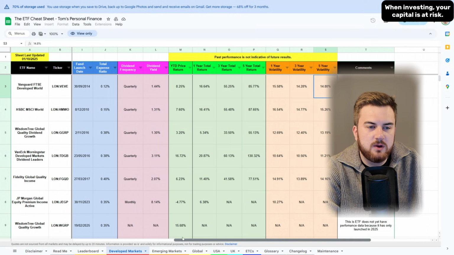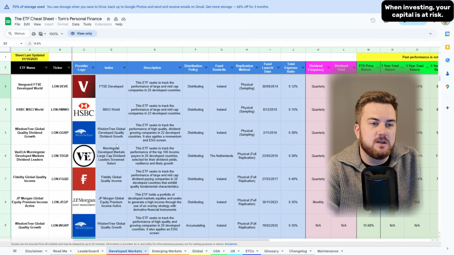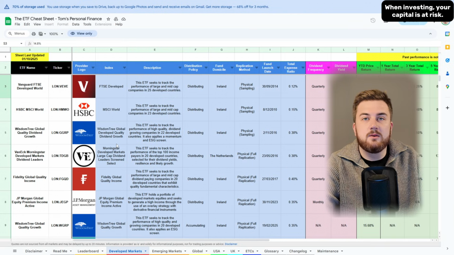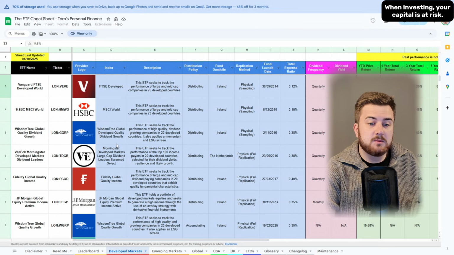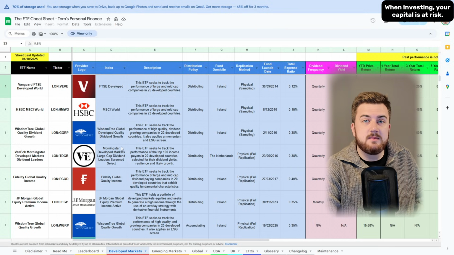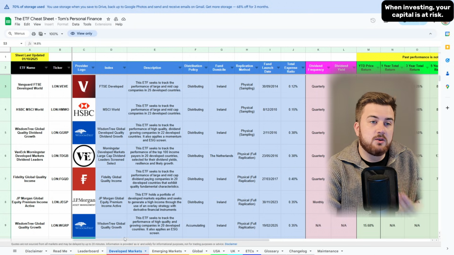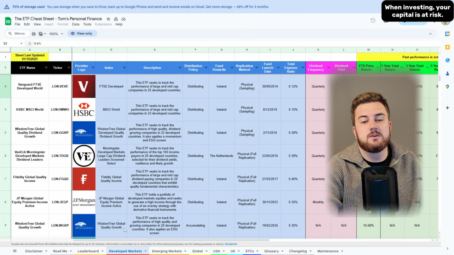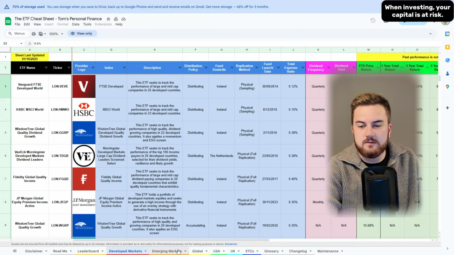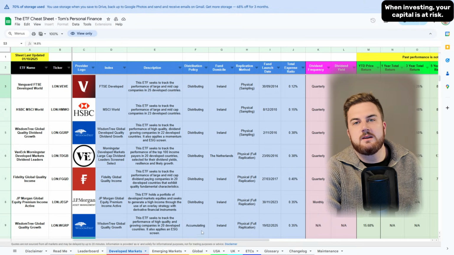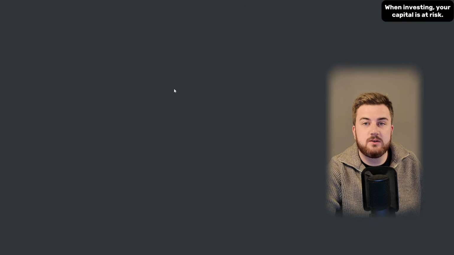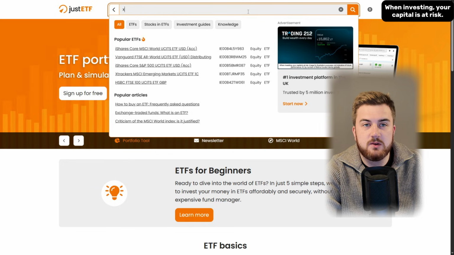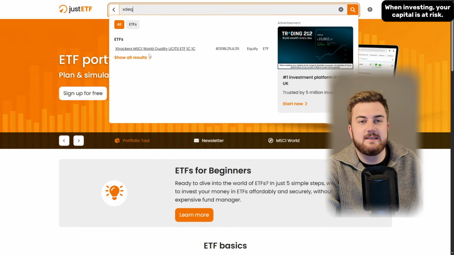And it's just to give you a quick glimpse at some options that you might not have known about and be able to compare them all in one place. It doesn't include every single possible ETF because that would make it impossible to maintain, but it just gives a good range of popular and cheap options across a range of categories. And I do have a changelog and disclaimer leaderboard. There's all sorts on here that you can explore. Then there's also Just ETF for comparing and researching ETFs. You click on this one, you can type in whatever ETF you want. The first one that came to my head is this Quality Factor ETF.